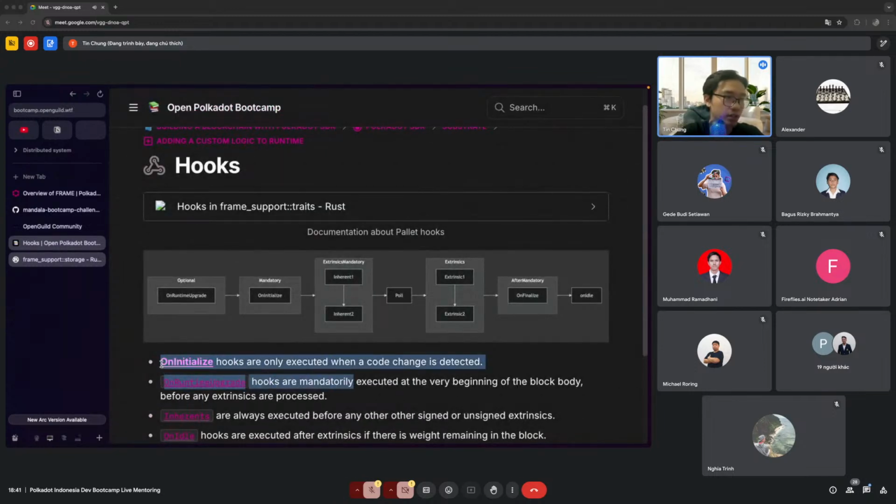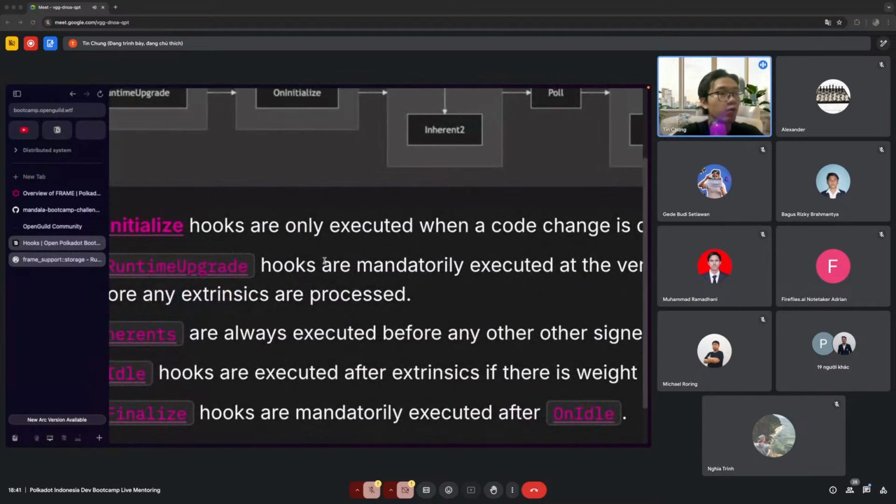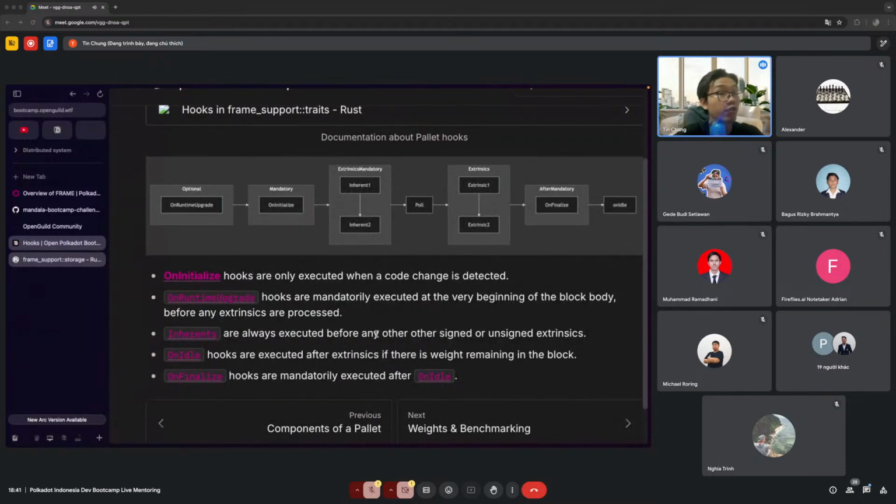I think the documentation here is a bit wrong, but here it must be on initialize, and the one above would be on runtime upgrade. That means when the system is trying to build the block in the backend before submitting to the chain, at the very beginning of the block construction, this hook is going to be called.